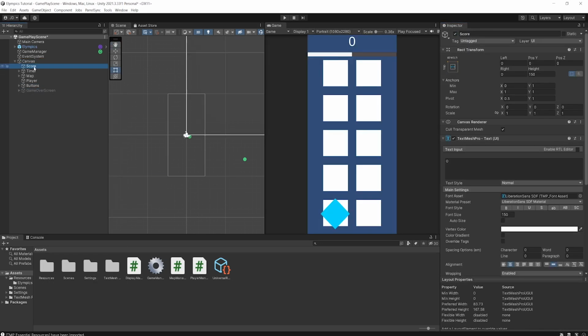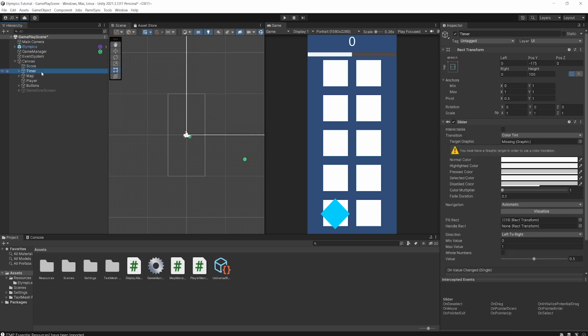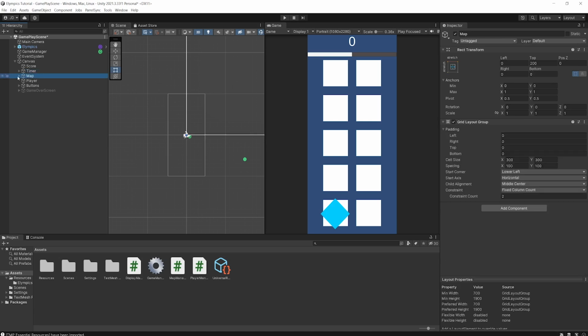The UI elements that we will need to include are the following: score, a text object to display player's score, timer, a slider that will be showing how much time we've got left in the game, 5 rows of tiles, a 2-column grid of images that we will use to show which tiles are safe and which have obstacles on them,